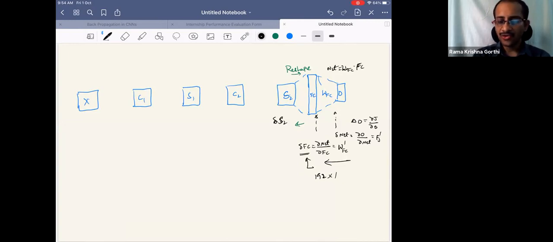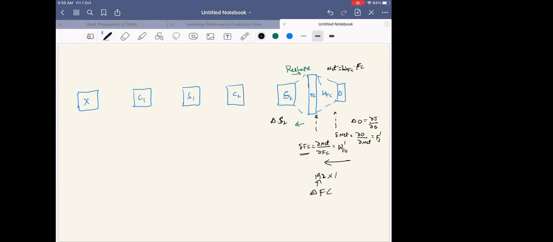Finally. Okay. So in fact, if not small delta FC, you will have the final delta FC is 192 cross 1. Okay, capital delta FC will be 192 cross 1. Small delta FC need not be 192 cross 1. Okay, so if it is 192 cross 1, then how do I get delta S2 here? Though I write local derivative, I just want to infer on the global derivative. What do I do to get capital delta S2? Quick answer is necessary based on intuition.